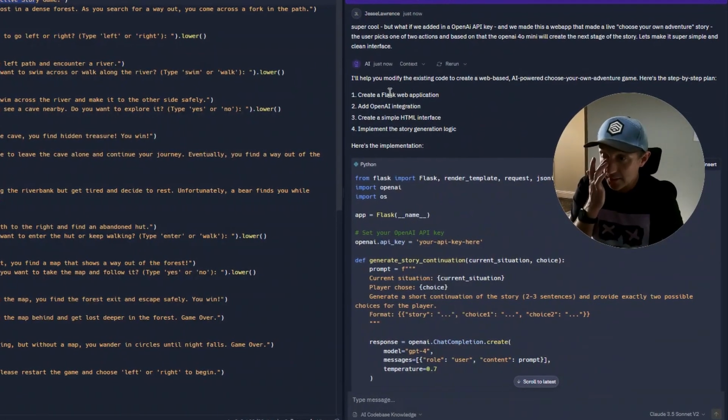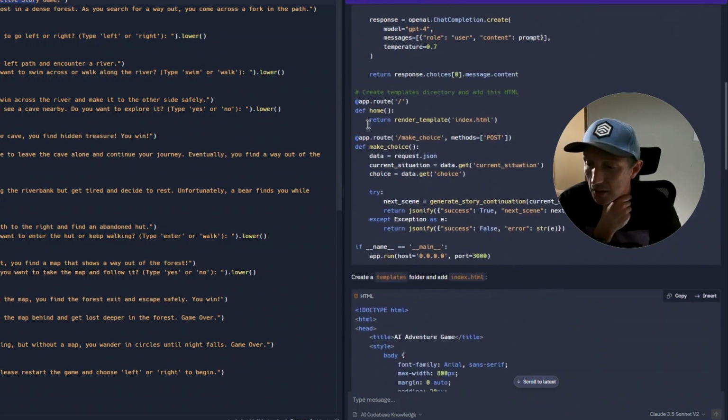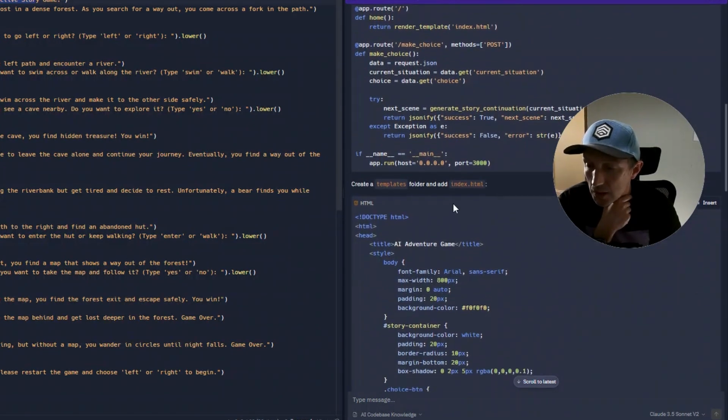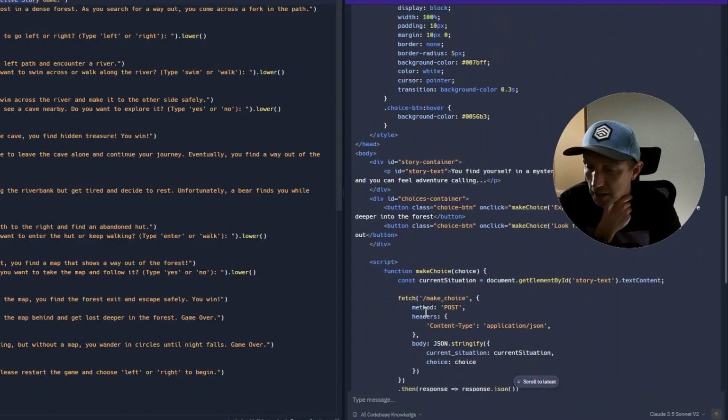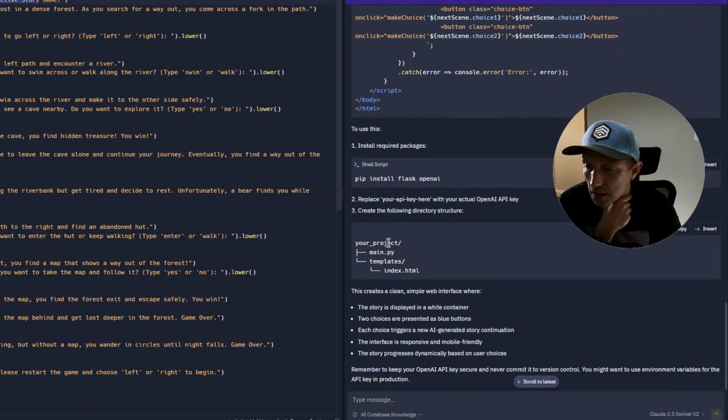Let's see what's happening back on this page. Okay, so let's create a Flask web application, add an OpenAI integration, templates folder, index.html, and install the required packages.